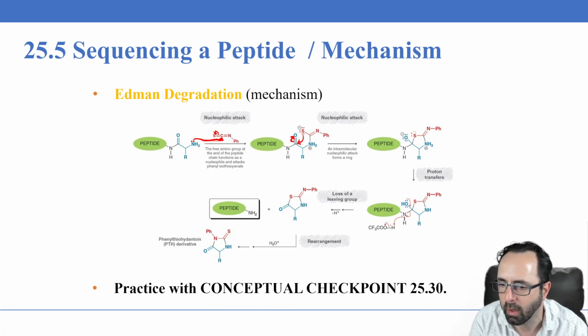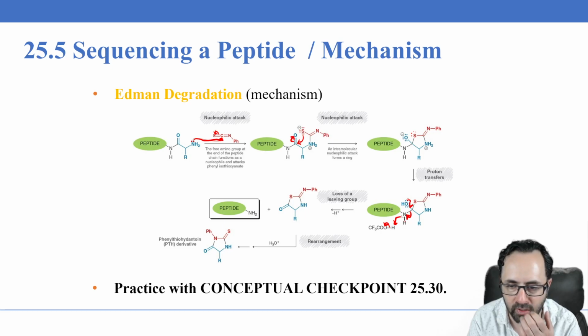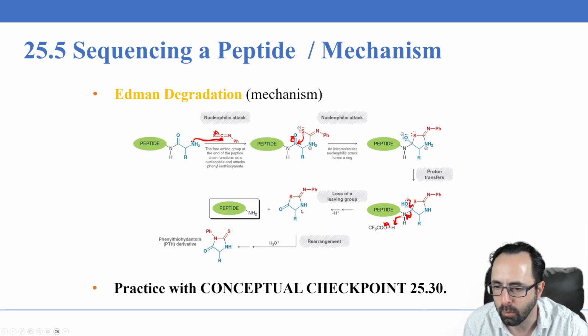It does get protonated by the trifluoroacetic acid, so we have a proton. This is kind of putting several steps together, but we have a protonation of the nitrogen, making it a positive formal charge nitrogen with 4 bonds and no lone pairs, which makes it a better leaving group. And at that point, the carbonyl bond can be reformed, and the nitrogen leaves as a protonated leaving group and thus leaves neutral in charge. And then finally, we have the PTH derivative, and that can go on and be analyzed,